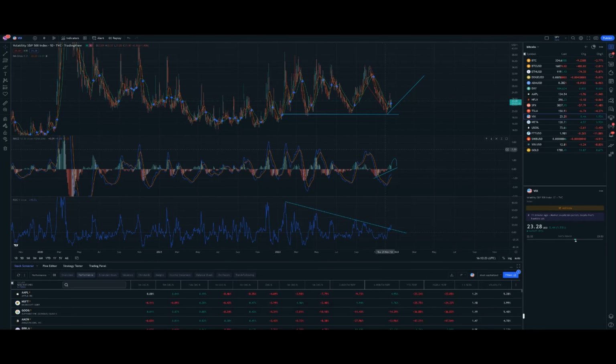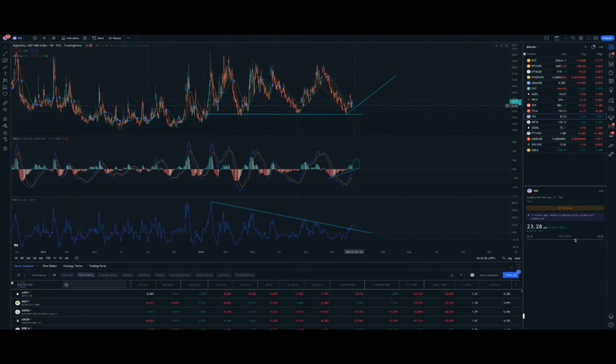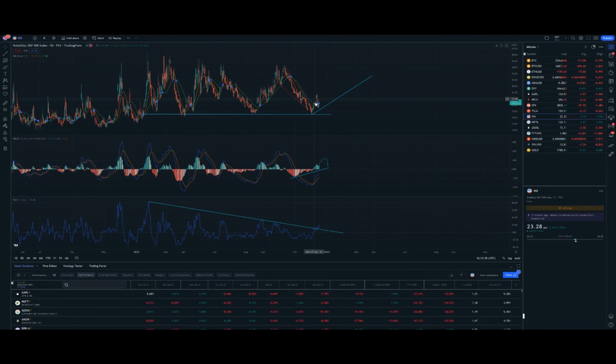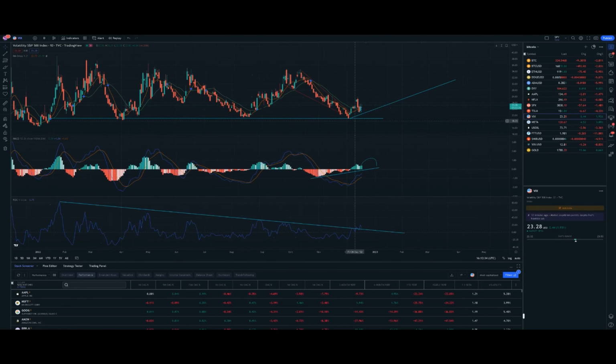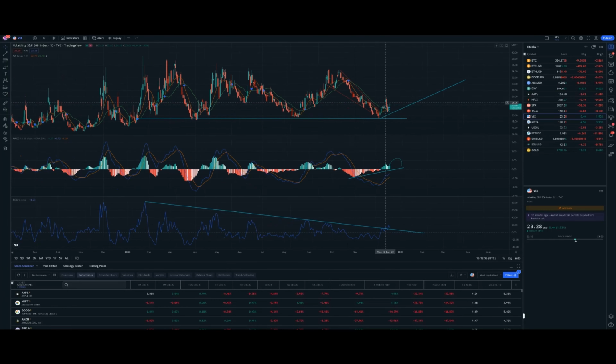The VIX looks like it's literally about to break out aggressively. You see, it came back to find support right here at that circle that I had just drawn. Let me go ahead and zoom in on that. You see that circle that I drew where we would be finding support? Look how perfectly that played out. That was a few days ago too. So what we're going to see is another higher high here, and that would produce a huge sell-off in the S&P 500, as well as all risk assets across the board. But what I want to show is how this is perfectly tied to the S&P 500. I showed you that earlier.